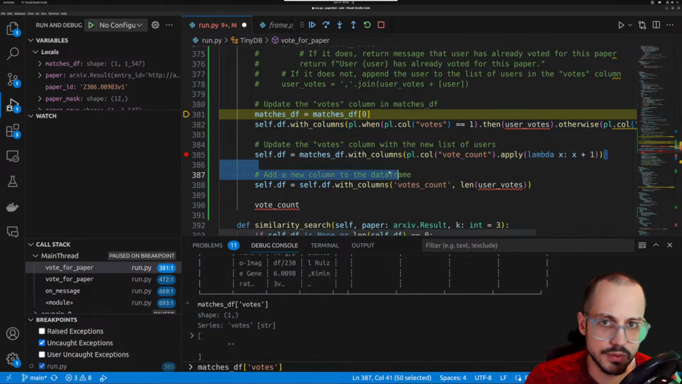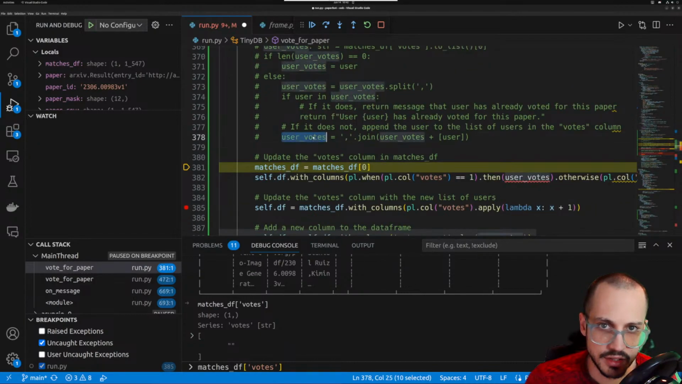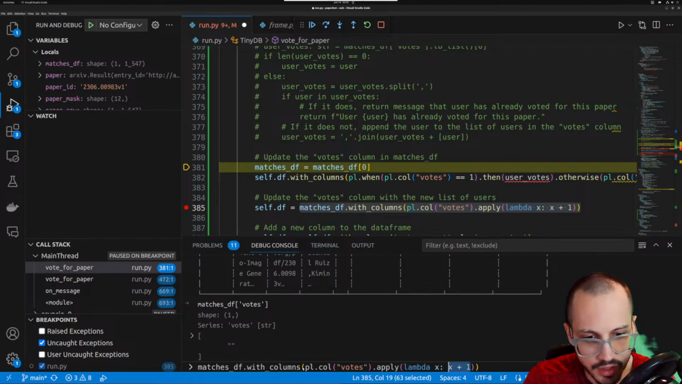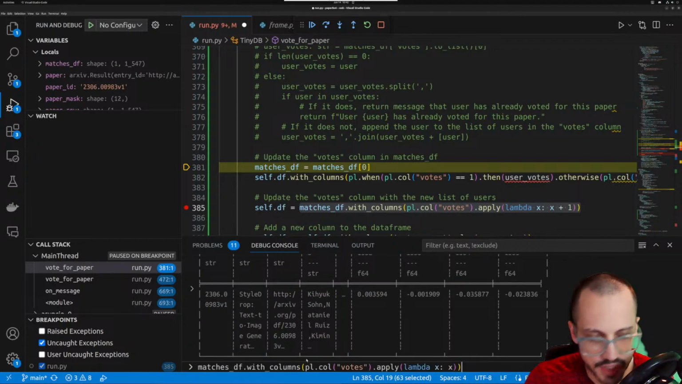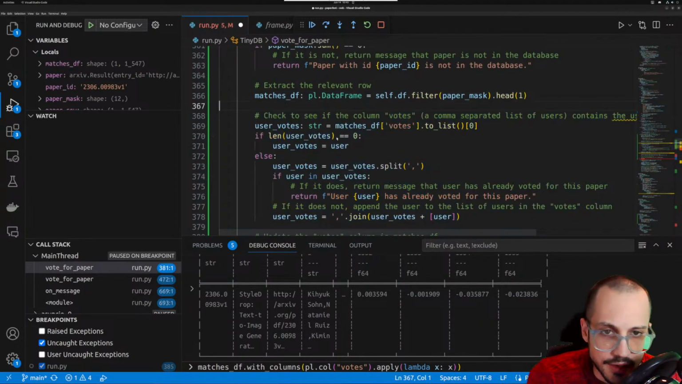So could we actually do this? matches_df votes dot apply lambda x user votes. Dude, that would be so hacky, but it might actually even work. Let's see if that works. Lambda x. Oh shit, that actually works. Okay, wait up. We found a way to do this. Okay. So